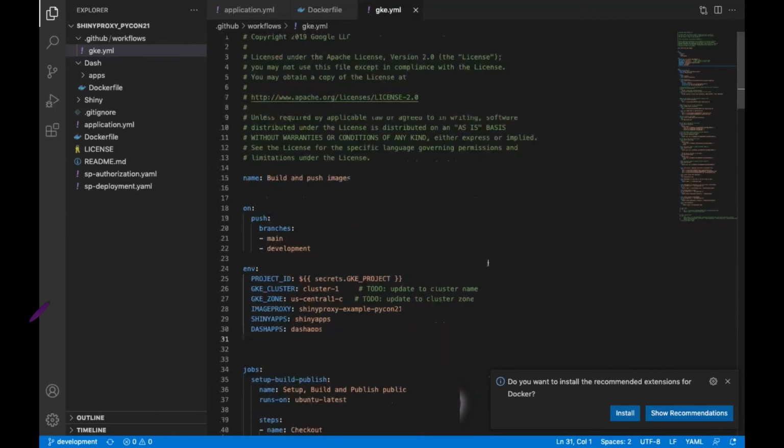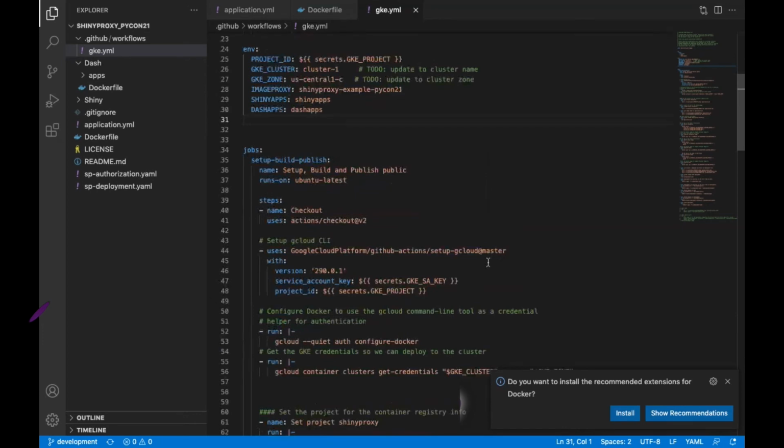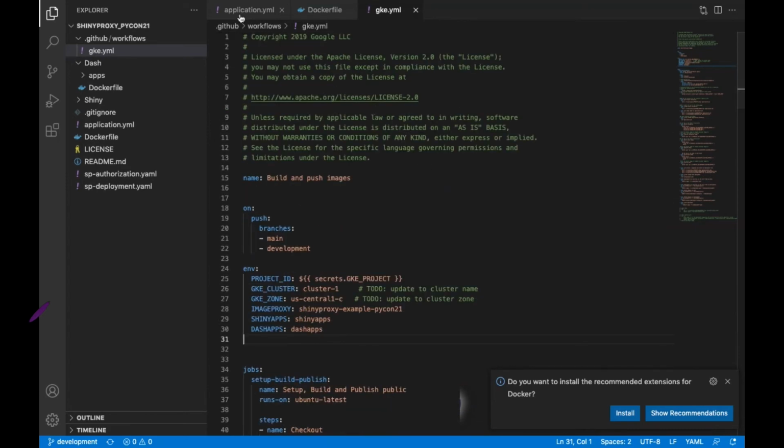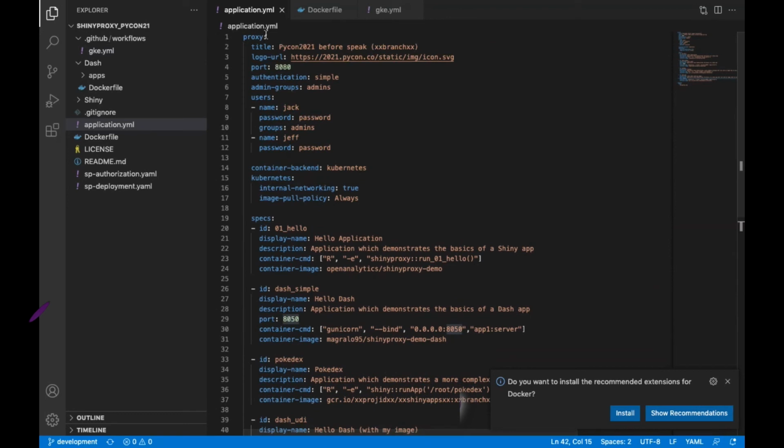And the steps are pretty simple. It authenticates, then I create the images, and then I publish, and then I deploy in Kubernetes. How does it work? I'm going to show you guys, and it's pretty simple. We can go here to application and look at how it works. Before I speak, I'm going to change this to live,